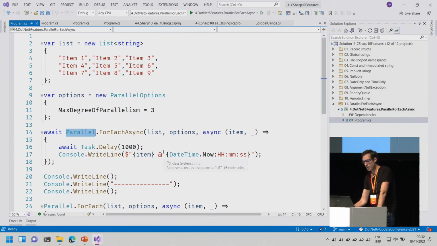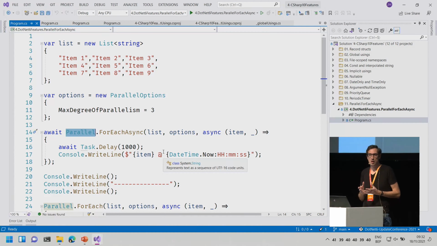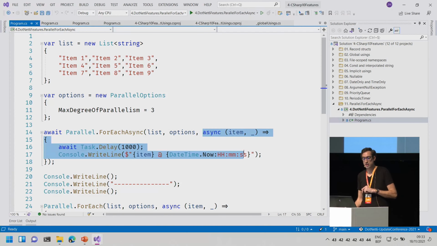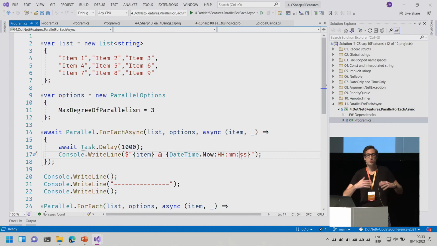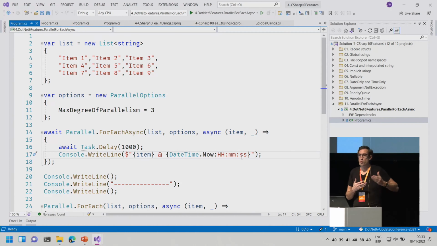Another thing, Parallel.ForEachAsync. Finally. So the Parallel.ForEach helps us to run code in parallel. Depending on how many CPUs you have, they can really physically run in parallel, which is a very powerful feature. But up until today, we were not able to do asynchronous code because the Parallel.ForEach would just start and it would not await that asynchronous code. So if you, for example, had a max degree of parallelism of 3 and you ran 100 async methods, they would not go 3 by 3. They would just run all at the same time because the Parallel.ForEach was not waiting for the result.